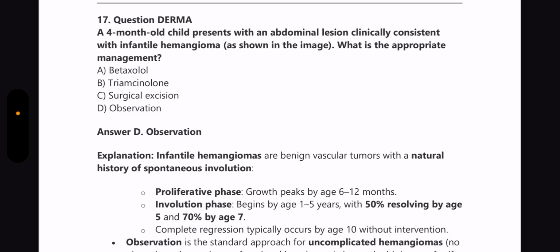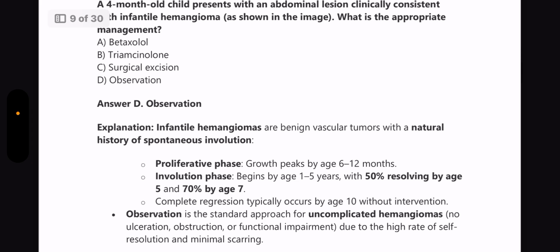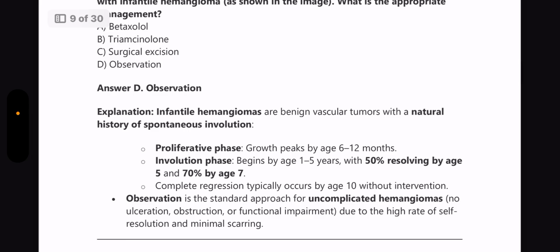What is the appropriate management? Answer is observation. So infantile hemangiomas are benign vascular tumors with a natural history of spontaneous involution, and there's a proliferative phase and an involution phase. In the proliferative phase, the growth peaks by age 6 to 12 months, and the involution phase begins by age 1 to 5